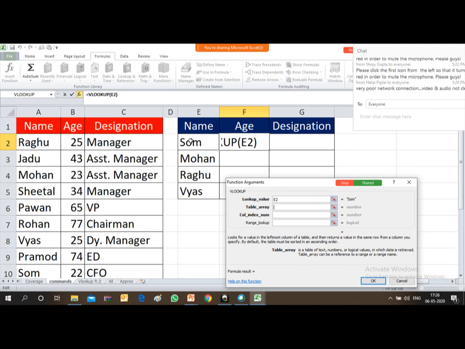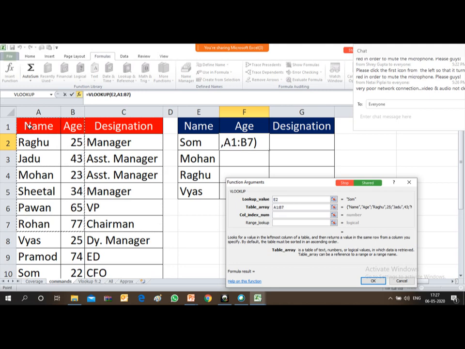Here the value is Som, for which I am deriving the data, and this appears in the name column. So you just click on the name column and then select the entire area. The second column is for age, the third column is for designation.